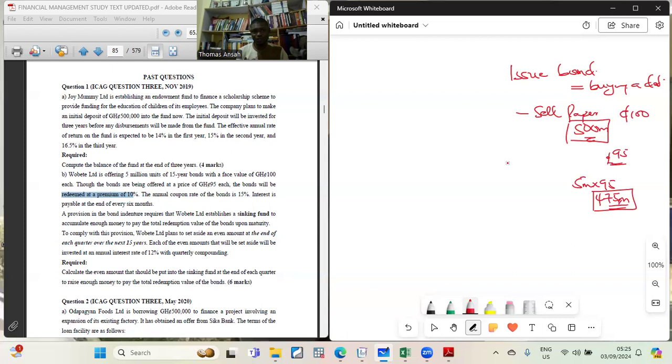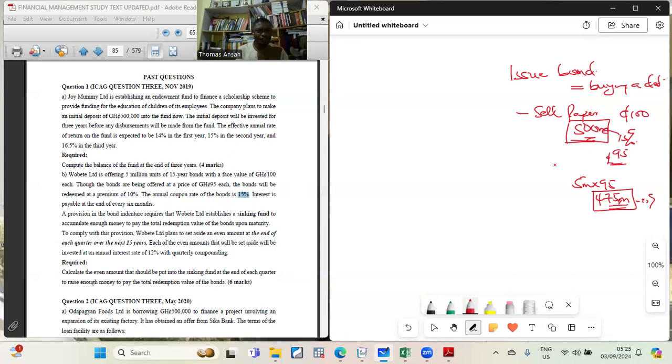So have you seen what is happening now? On top of it, this question is now saying, this 500 million that we are doing, we will pay interest. And the coupon interest is 15%. So it means every year we will be paying interest of 15%. Which the 15% normally should have been applied to this, but not the case because of the way we have managed our own economy. So we are going to pay the 15%, even on this, the money we didn't get.